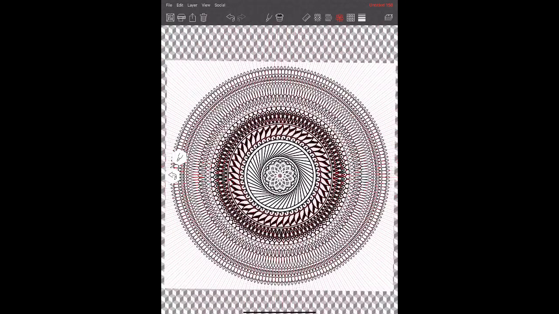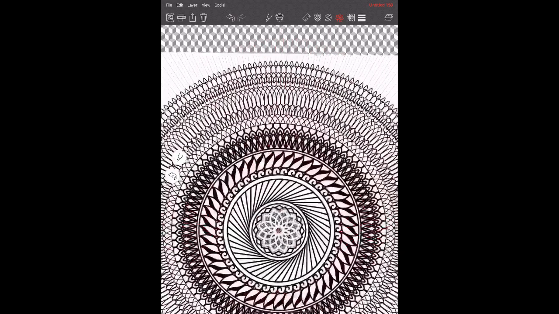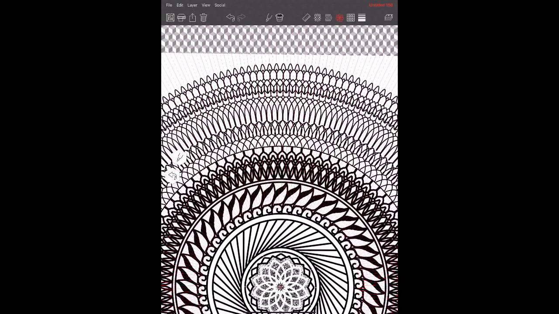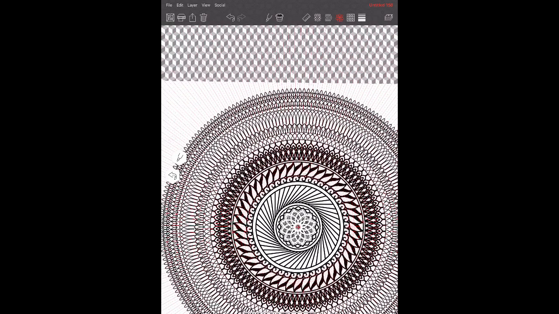As I zoom out a little bit, you might look at the outside of it and be like, what on earth would you do with this? Nobody would want to tattoo this many segments. That is a ton. But if you use your imagination, you will definitely find there are cool things you can do with this many segments. For example,